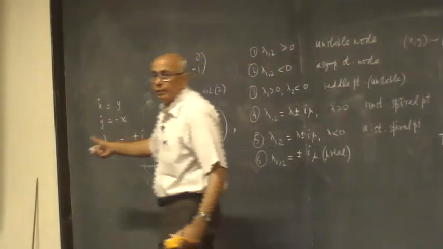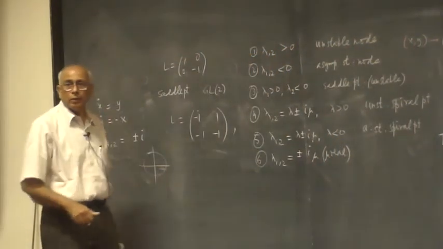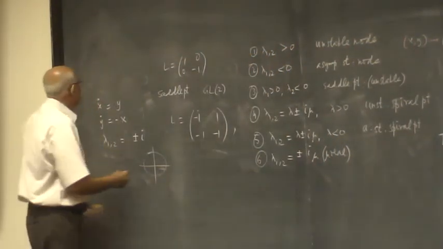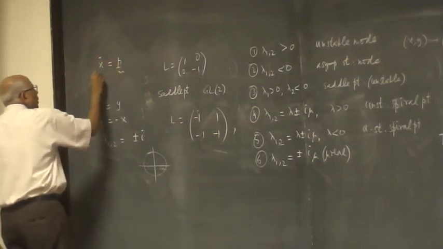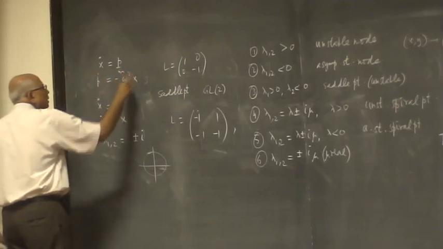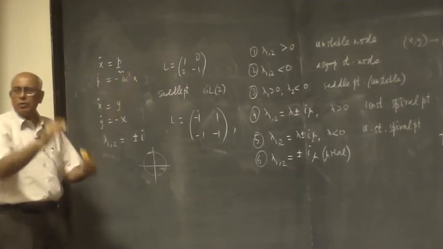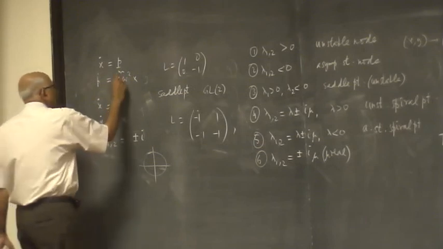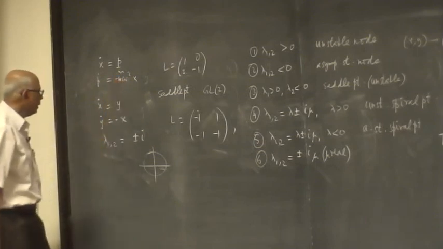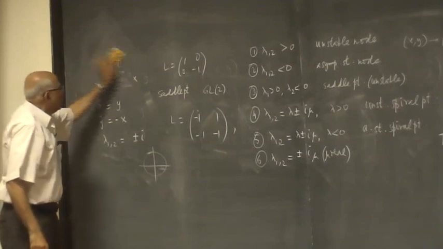This is the harmonic oscillator, pure imaginary eigenvalues. Because you recall the harmonic oscillator, right? It's x dot equal to p over m, p dot equal to minus x, and immediately you have eigenvalues which are pure imaginary, plus or minus i over m. So would you call this